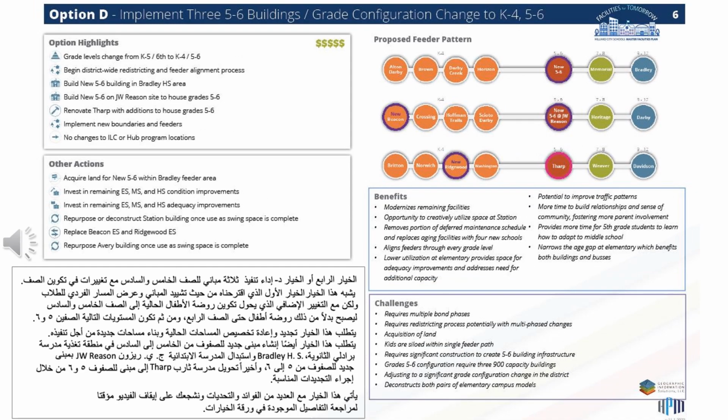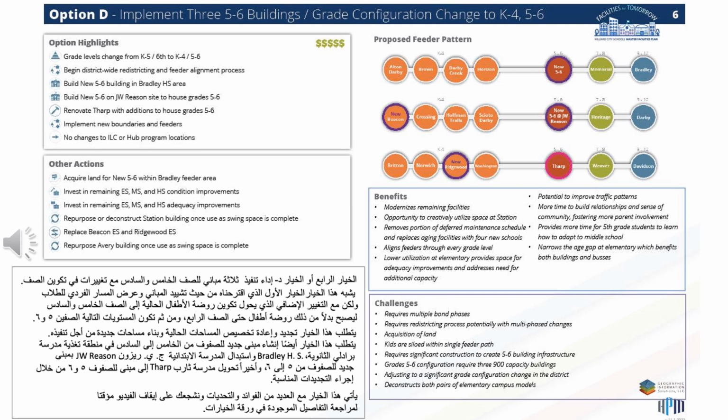Option D, implementation of 3 5th through 6th grade buildings with grade configuration changes. This option is similar to option A in terms of facility construction and single path feeders, but with the additional change that converts the current K through 5 and 6th grade configuration to become K through 4 and 5 through 6. This option requires renovation and repurposing of existing spaces and the construction of new spaces in order to be implemented.